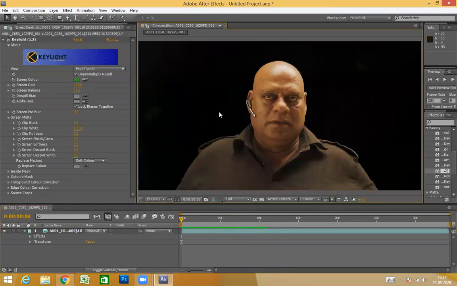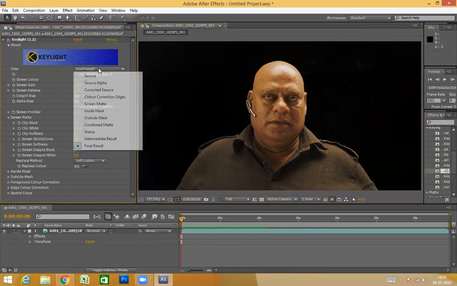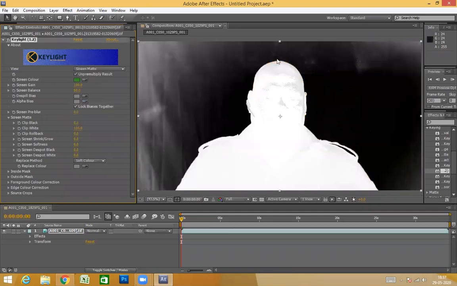All right, so most probably the screen has been used, and it's good. Now let's go with some other points here. This is the final result, and we would like to view. So after applying, what happens? We should view a few things like screen matte. So here you can understand how much of your green color, the chroma, has been removed, and how much